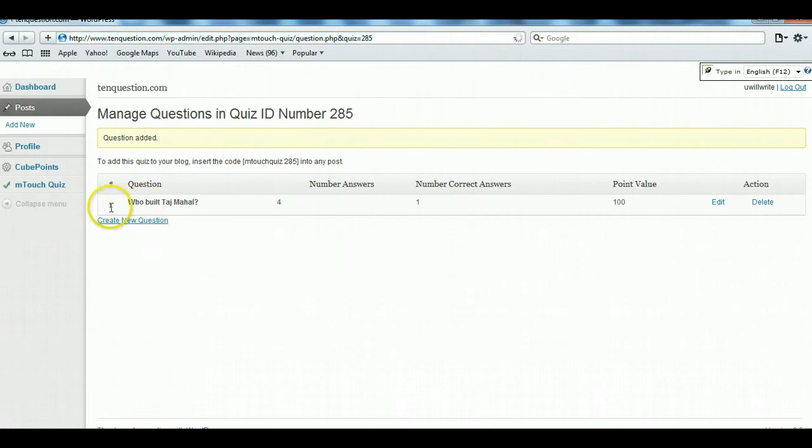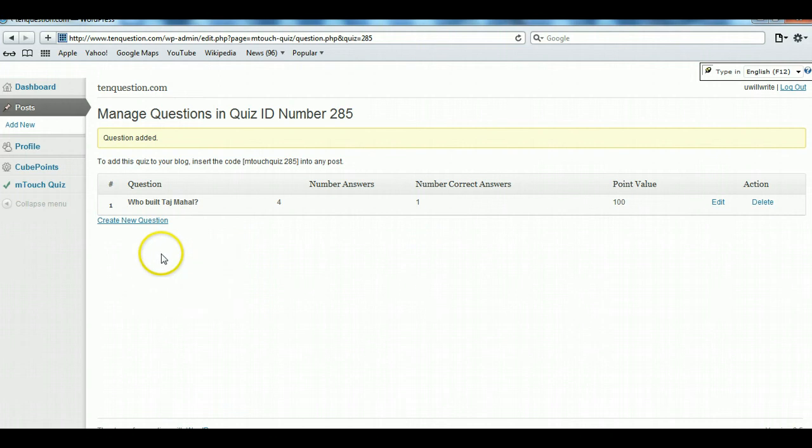See, the first question, the serial number 1, is already prepared by you, and the 4 answers, objective type having the 4 options. Number 1 correct answer, and the point value, that is not to be seen.